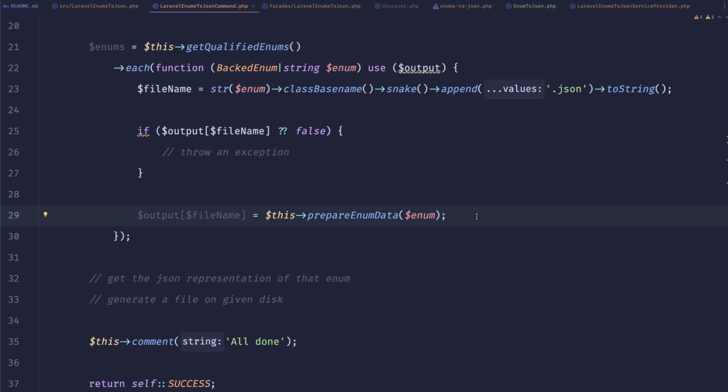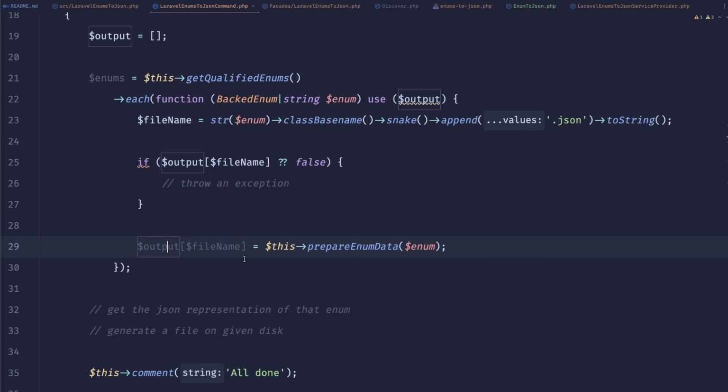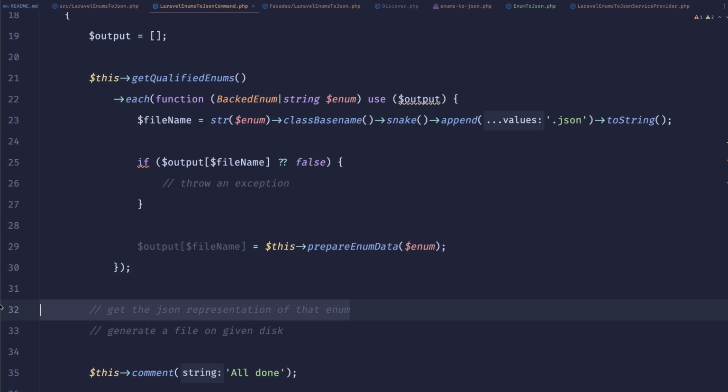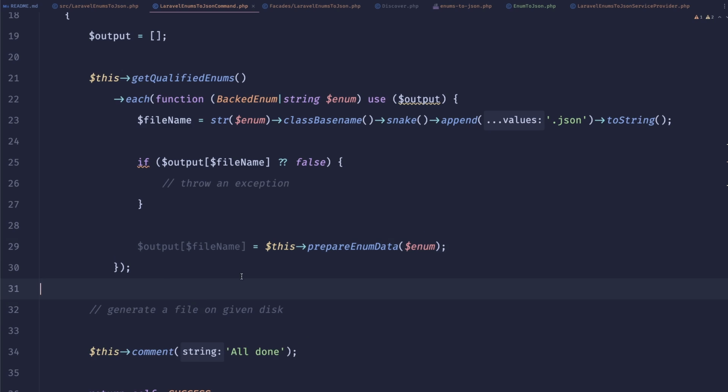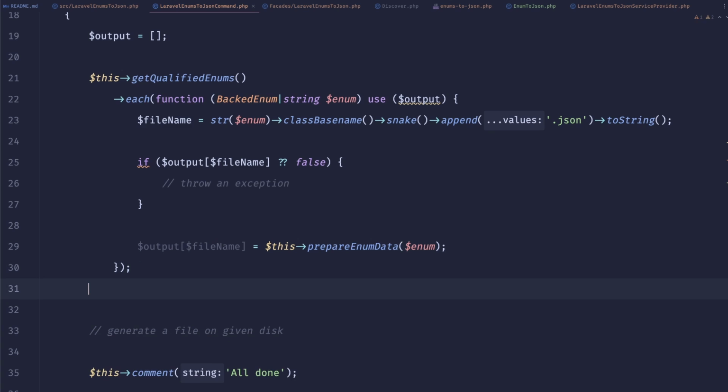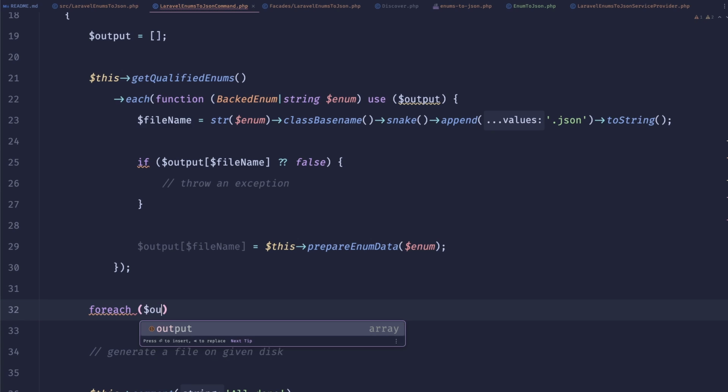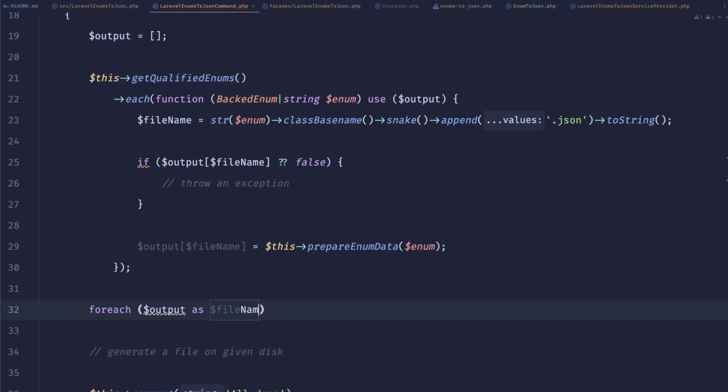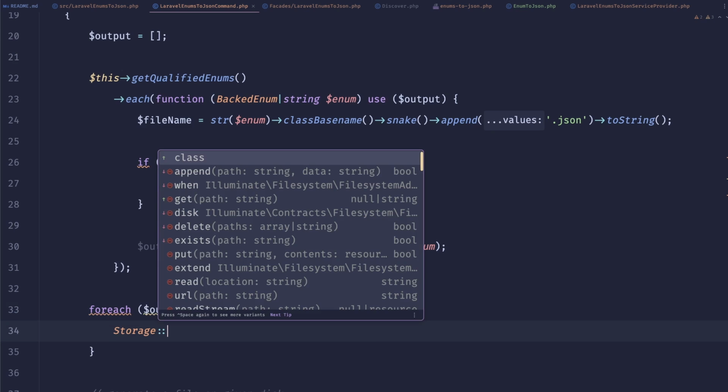Okay, so here we'll push that collection to our outputs. We probably don't need this enum variable, so let's remove that. We have the JSON representation. I mean, not yet, but we have the data. So now we need to generate a file on this disk. The way we'll do it is for each output as file name contents. On the right side, we'll have the contents, and what we basically need to do is just